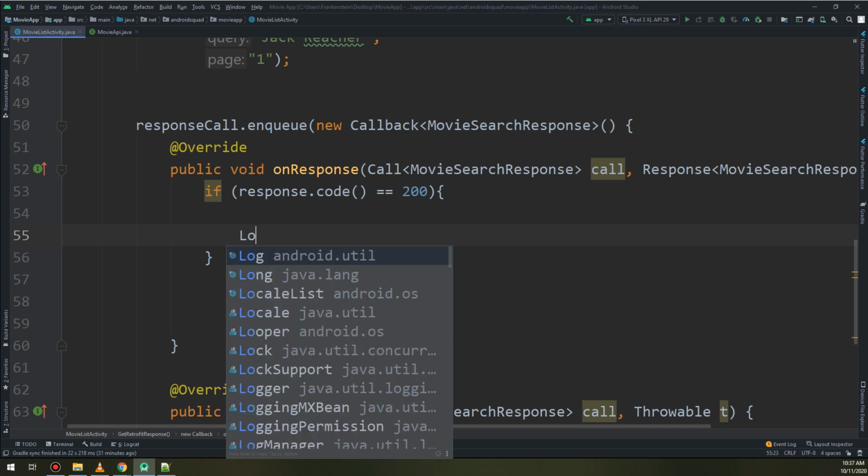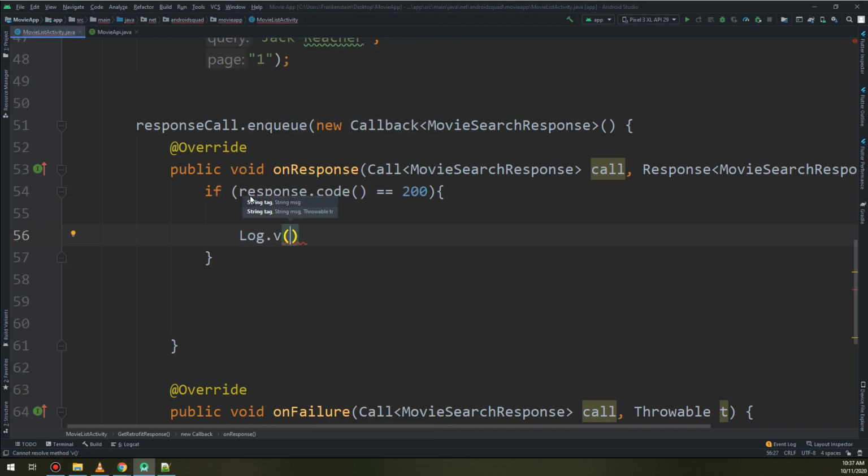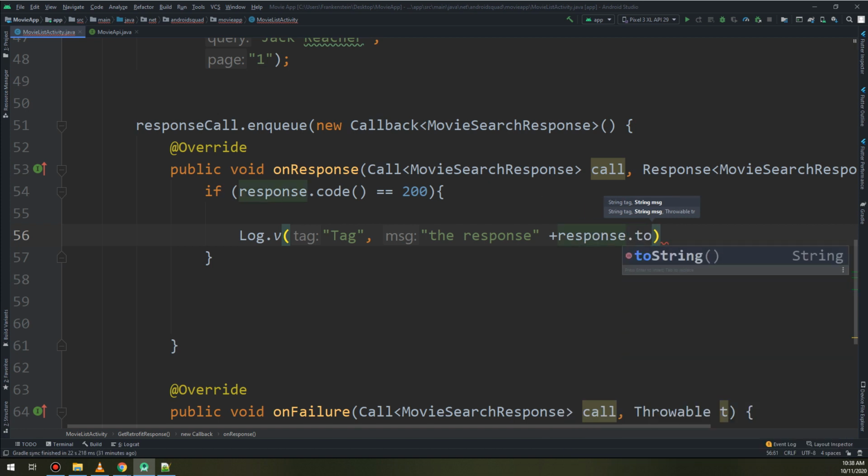We need to log.d or log.v, and I will make a tag and response here, and we specify plus response dot body